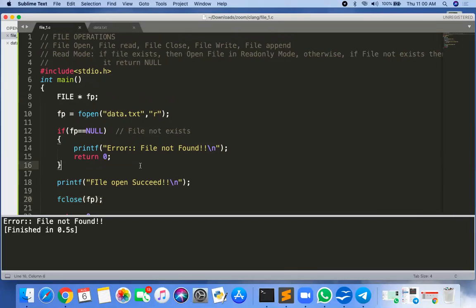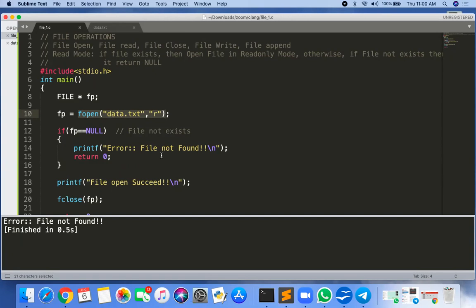Sir, should it compulsorily be a pointer? Yes, it is a compulsory pointer, because fopen returns an address. Fopen returns the address where your file is stored in your RAM memory. In RAM, data.txt is brought from your hard disk, and we need to know the location of that file because we need to access its content.